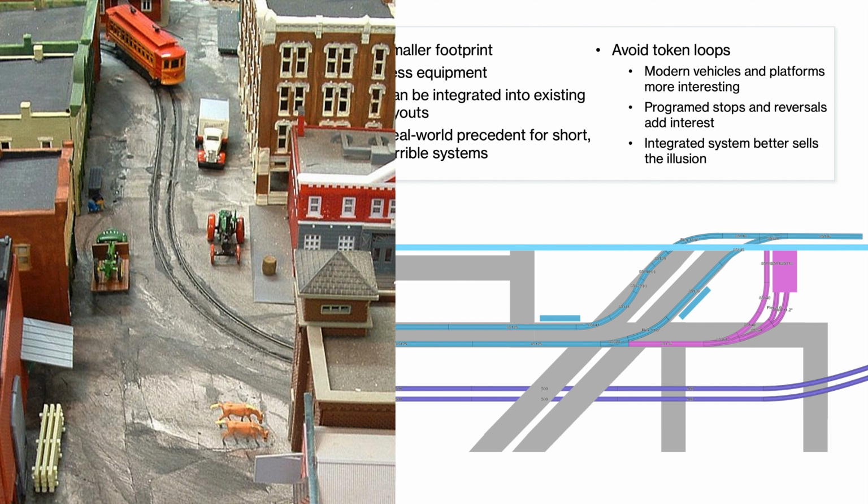Do not have streetcar tracks running down the middle of streets like they did in old-fashioned streetcars. Instead, have the tracks on the side and also have dedicated stations. And as best as you can, also program the vehicles to make stops at those stations as well. All of this better sells the illusion rather than just having a single streetcar constantly making a token loop